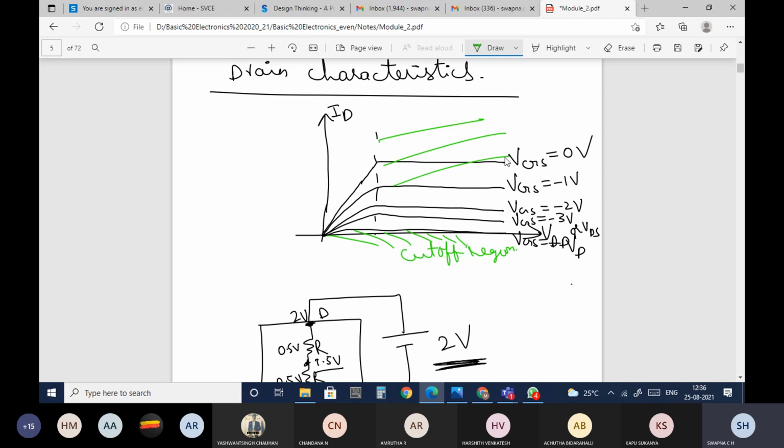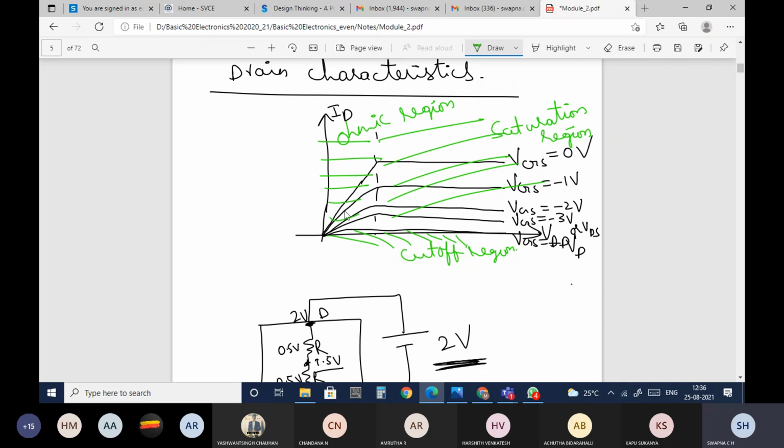and this region is said to be the saturation region, and here it is said to be the ohmic region. It is said to be the ohmic region because as VGS is increasing, the current through the device is decreasing. Current is decreasing, so the resistance is increasing.